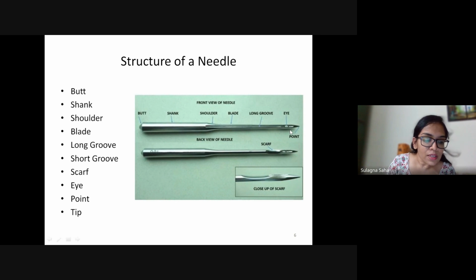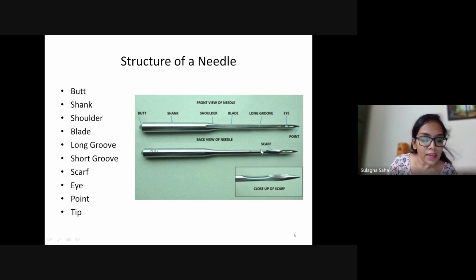Next comes the scarf of the needle. If I turn the needle backwards, behind the groove there is a flat part. In the close-up of the scarf, you can see it has a flat, concave part. We call it the scarf of the needle.